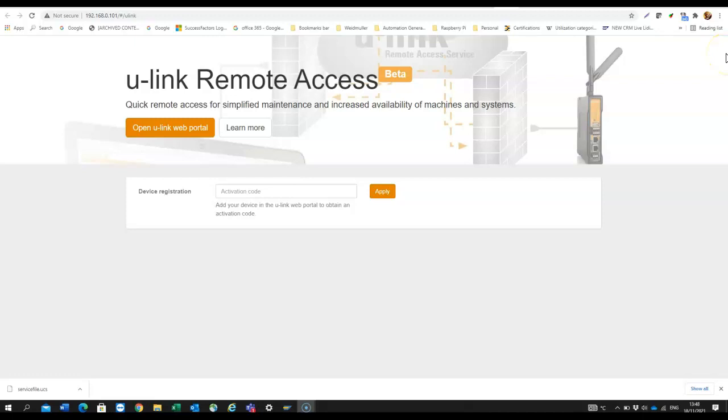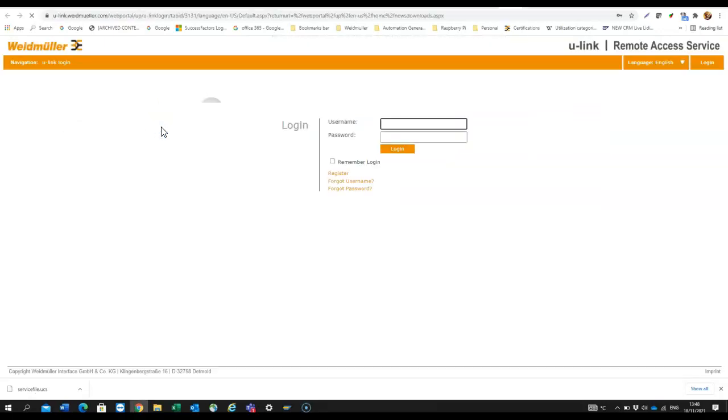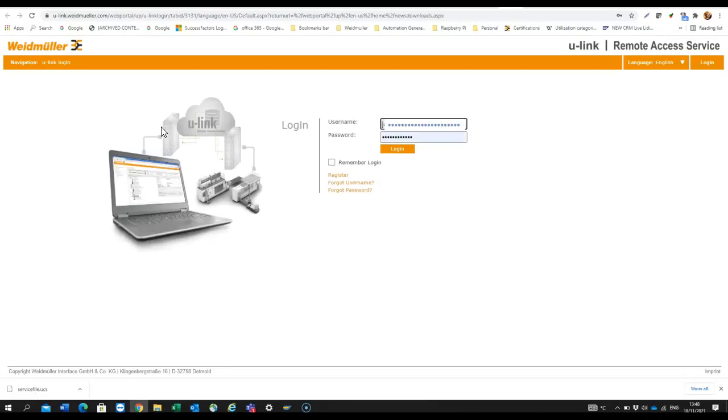So to set up U-Link, it depends really whether you've got a U-Link account or not. If you haven't ever used U-Link before, then you need to go into learn more, and that will give you some information. If you're still struggling, then obviously contact Weidmuller technical support. In my particular case, I've already got a U-Link account, so I go to Open U-Link web portal, and that basically just opens up a browser tab and allows me to log in, and it remembers all my credentials. So I go log in,